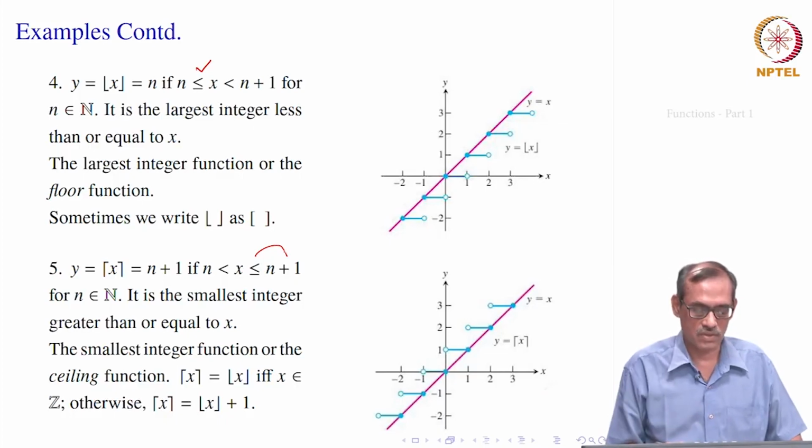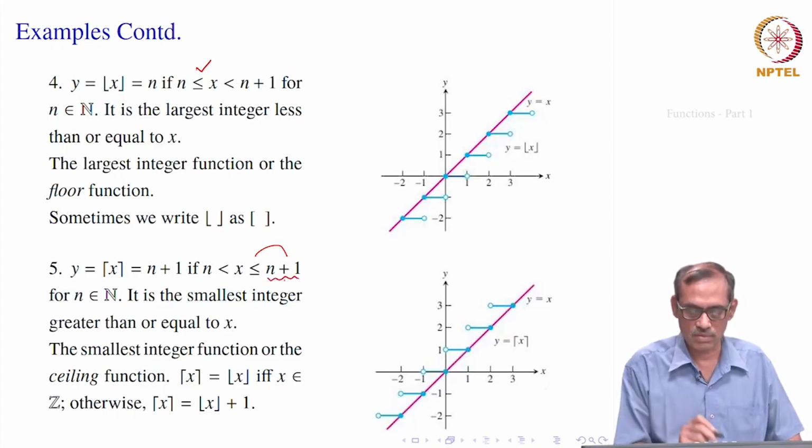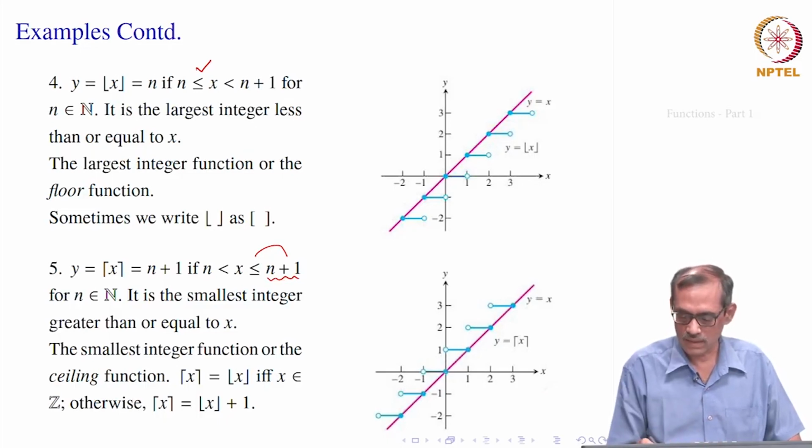So, that means y is the ceiling of x, means it is equal to n plus 1 on the interval n to n plus 1. So, for example, if x is 1, then this one is applicable. So, n must be equal to 0. So, that means from 0 to 1 here its value will be 1. So, 0 to 1 its value is 1, and at 1 its value is 1, but not at 0. At 0 its value will become 0, because the last one will be applicable. So, its graph will look like this. In the floor the sawtooth is coming to the right, but here the sawtooth is on the left side. That is how the ceiling function looks like.